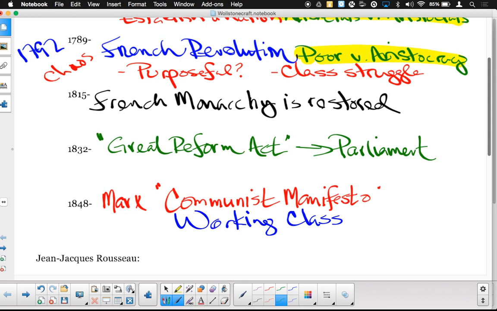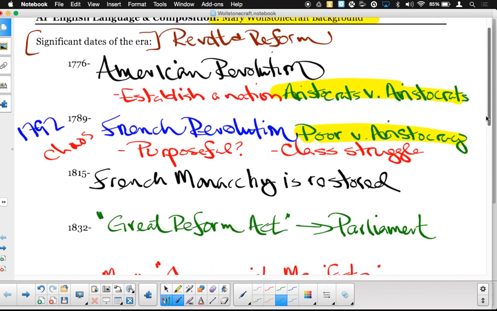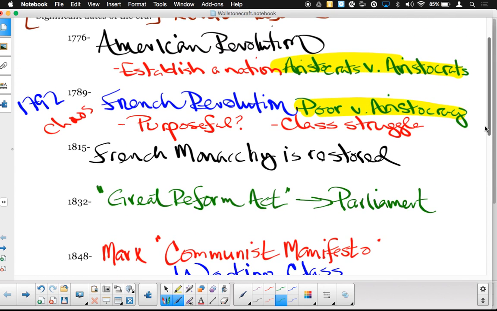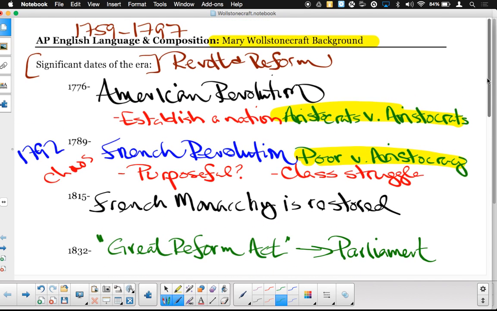I'd say the balance of power still resides with the old school, but you're at least getting a little bit more influence taking in. The reason for going over all these dates is you can at least see over roughly this 60, 70 year period, 75 years almost, that you have a lot of reform taking place where people are starting to look at things differently. And so that becomes a good environment for someone like Mary Wollstonecraft to start to get her ideas